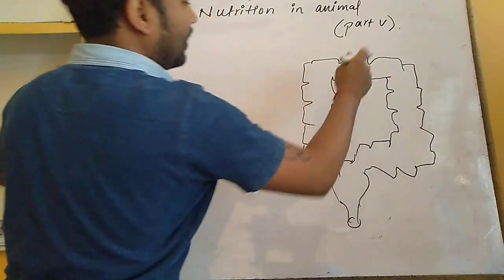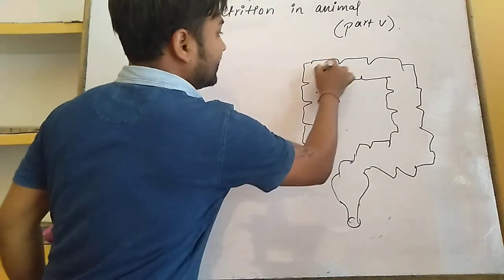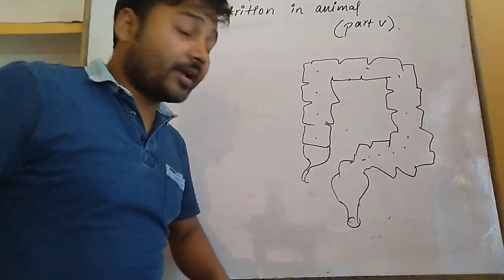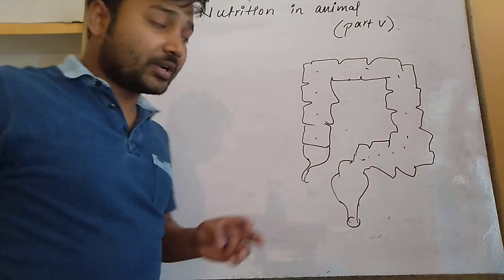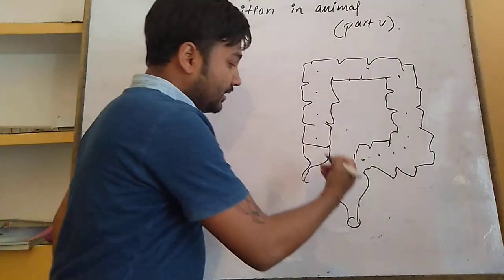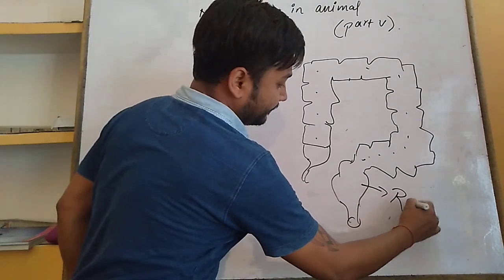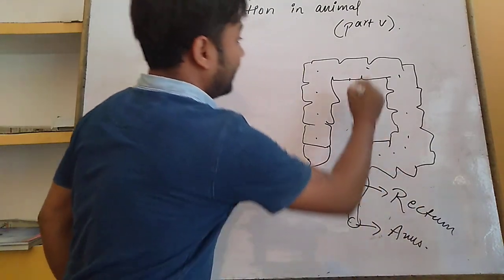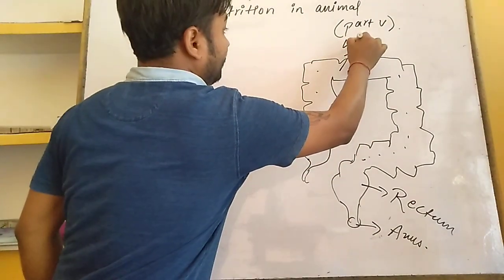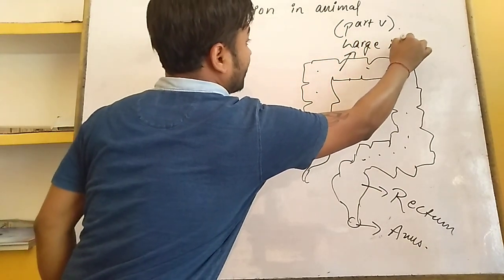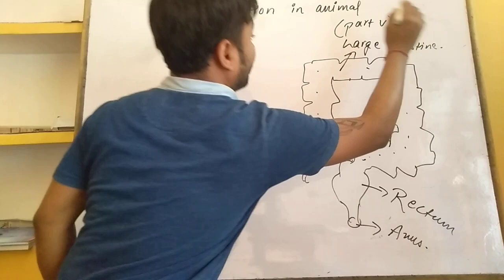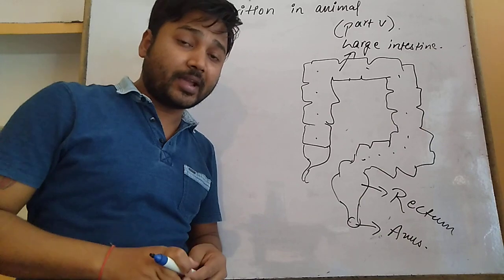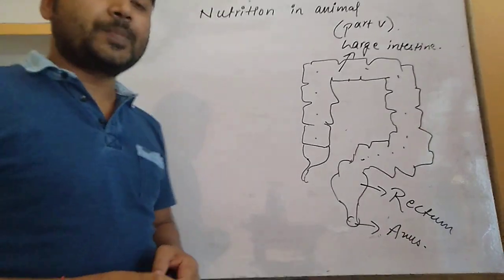This is the structure of the large intestine. The large intestine is present in the alimentary canal after the small intestine, which contains three parts. This is known as the rectum, this is known as the anus, and this is called the large intestine. In this large intestine of the alimentary canal, the rest of the water present in the undigested